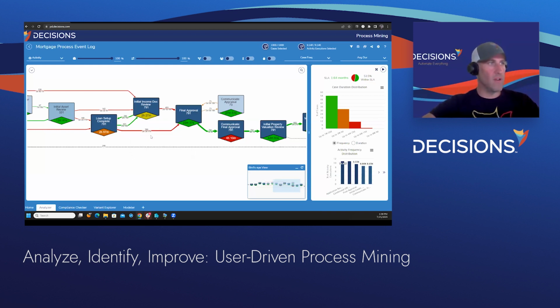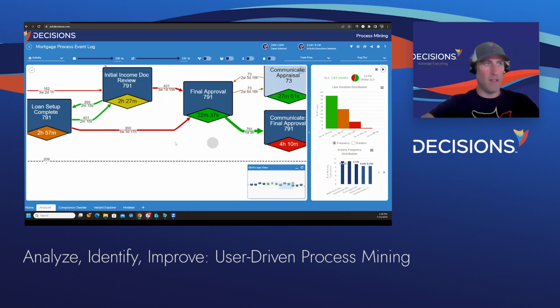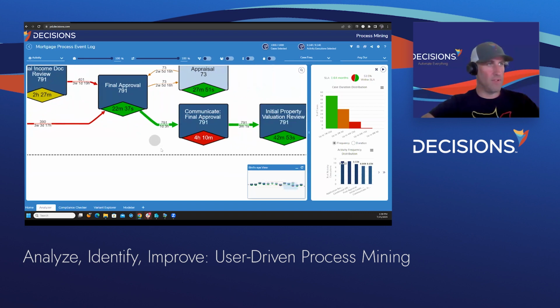in this handover, there's 309 mortgages that went from this activity to this activity. It took almost 3.5 weeks for someone to pick up this mortgage or this case. That is an issue. That is a big gap in the process, and it is an opportunity for improvement. Okay, we can expose that. We can look at it at a deeper angle and a different lens. I like to look at it from an activity level first.